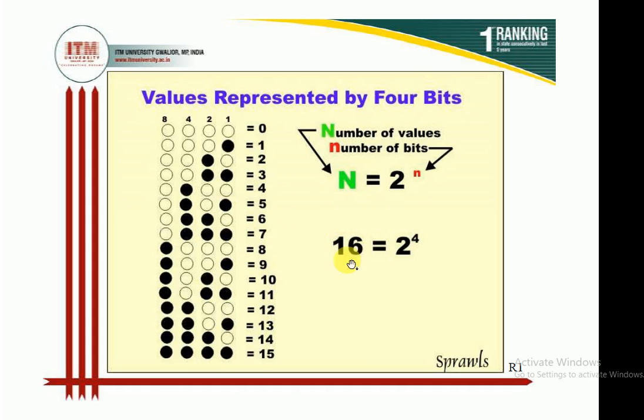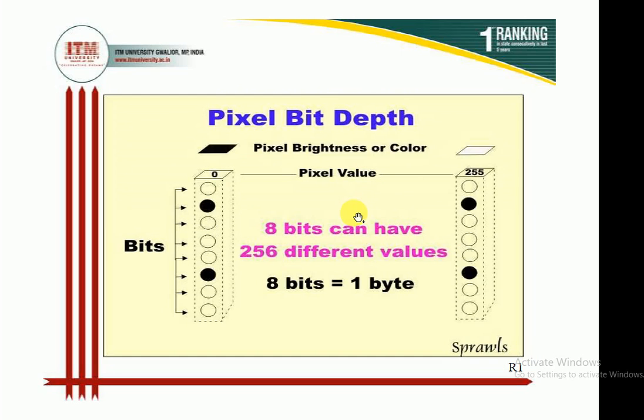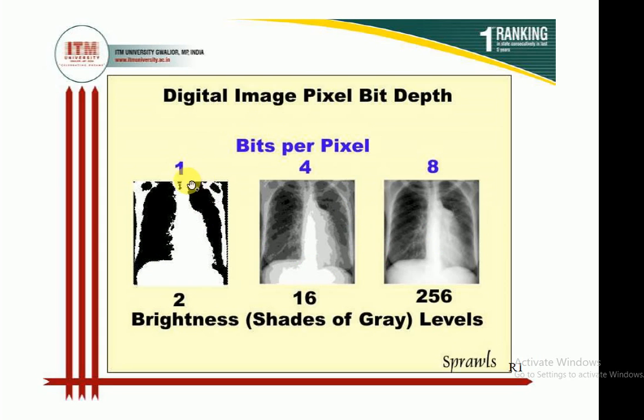Bits are present in the pixel. A pixel is a particular space, the smallest picture element. If a picture has a bit number of 1, then it will show only two colors: one black and one white. If the picture has 4 bits per pixel, then it will show 16 shades of gray. And if the picture is of 8 bits, then it will represent 256 color variations, meaning 256 shades of a particular color a pixel can have.